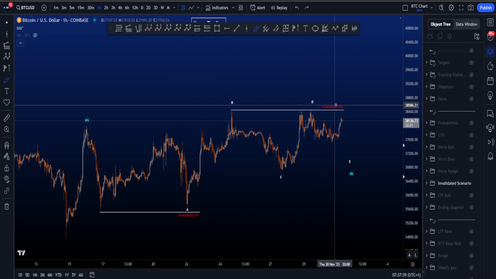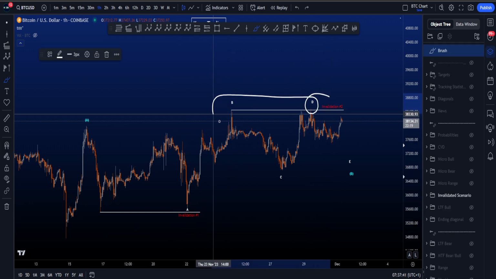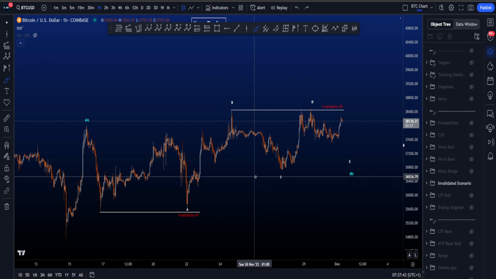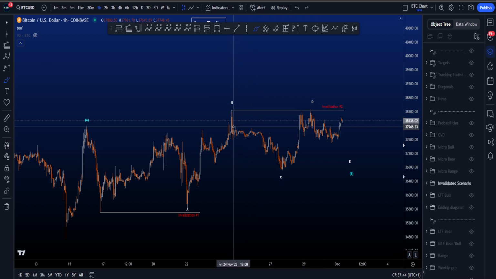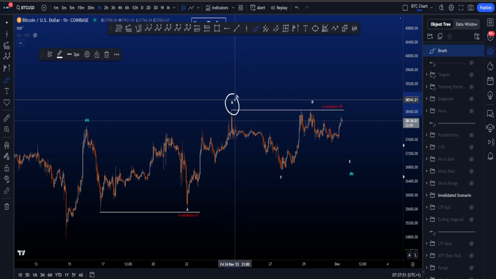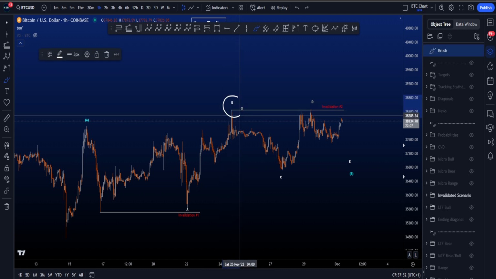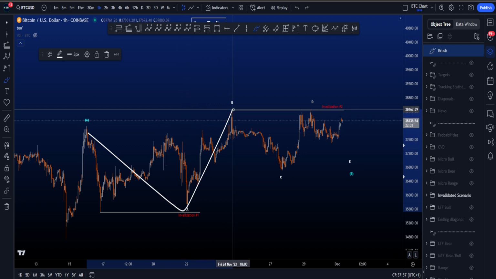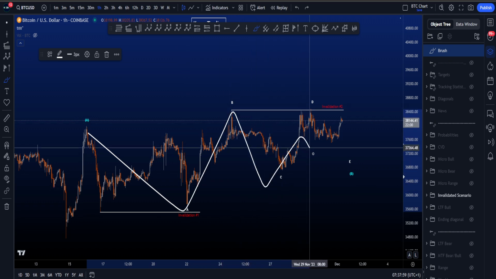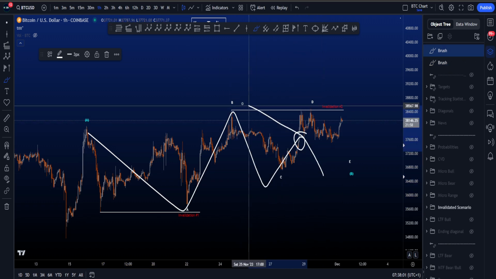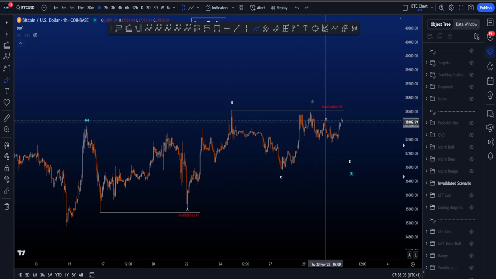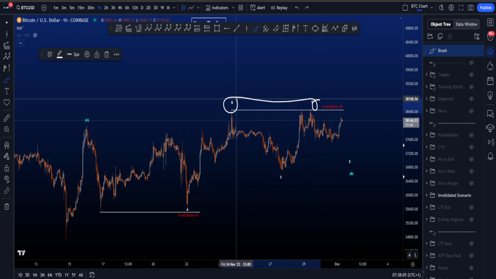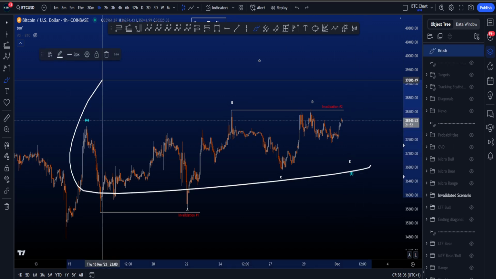And then finally, wave D went above the high of wave B. That is also not allowed. The only wave that is allowed to go below or above the previous wave in a triangle is a wave B in a running triangle, where wave B can take the high of the origin of your wave A. So A, B, and then you want to see a C, D, and an E, where D is below the high of wave B. Going above the high of B is not allowed in a triangle,